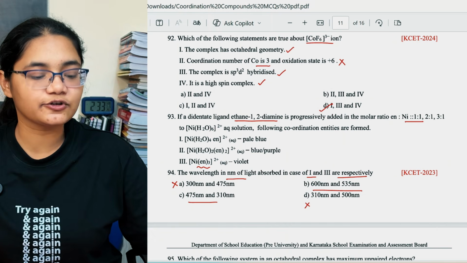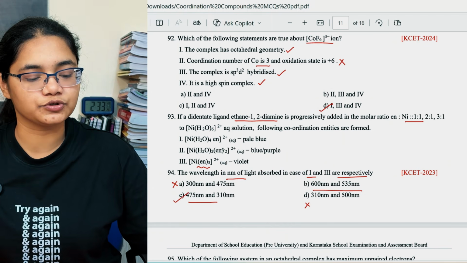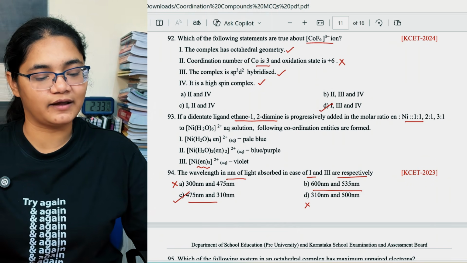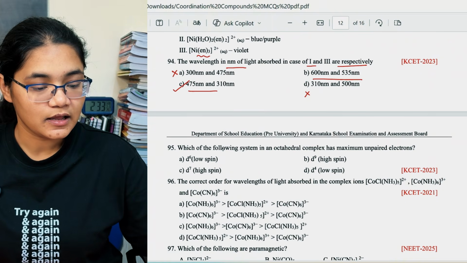Now, based on the color, that has to be option number C, because 600 and 535 doesn't match blue and violet color. So option number C here. Next is,